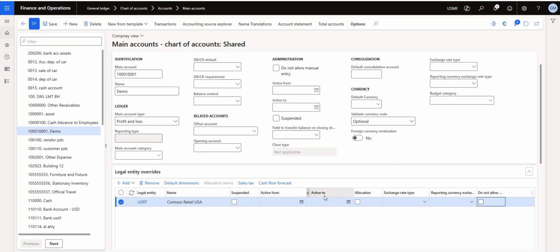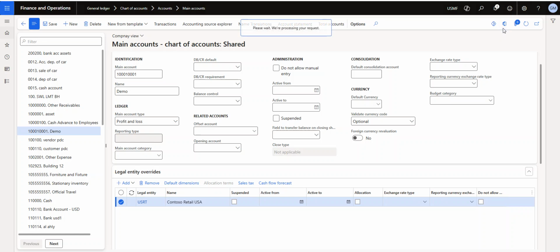Another way, we have the Excel add-in. The Excel add-in is an added advantage of Dynamics 365. To open the Excel add-in, what we need to do, you can see there is a Microsoft Office symbol on your right side. So if you click on this particular Microsoft Office symbol,